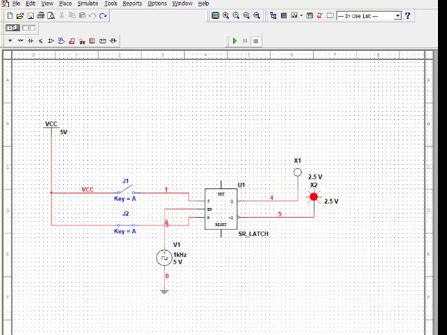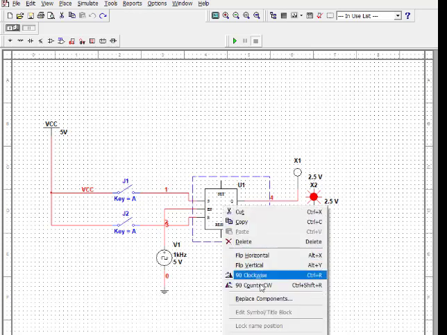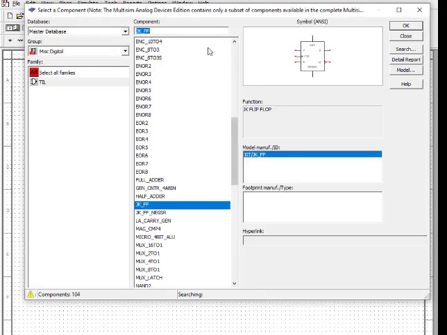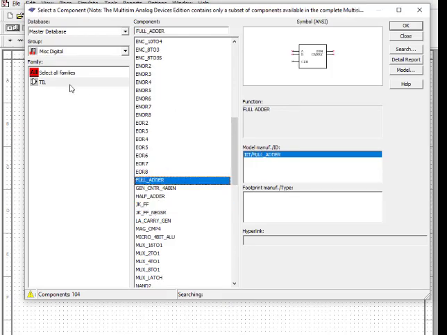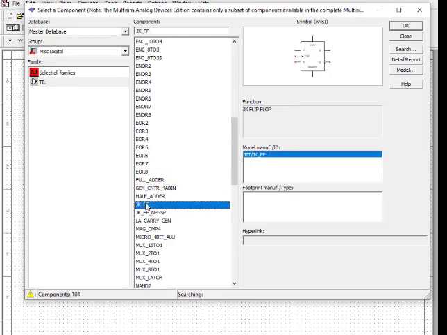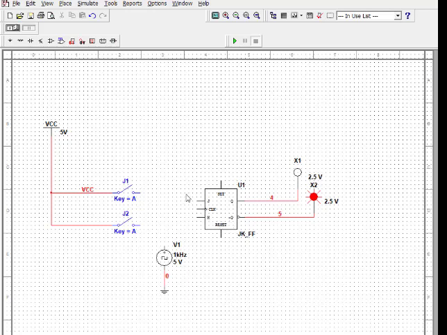Now to continue with the JK flip-flop, we keep the same things, because we just need to replace this SR with JK; the rest of the components will be used. In this software we have an option to replace component. I right click here, and you can see the option replace component. Replace with, you can see this JK flip-flop. So I click JK flip-flop, and I need to connect this. This is J, this is K and this is the clock.